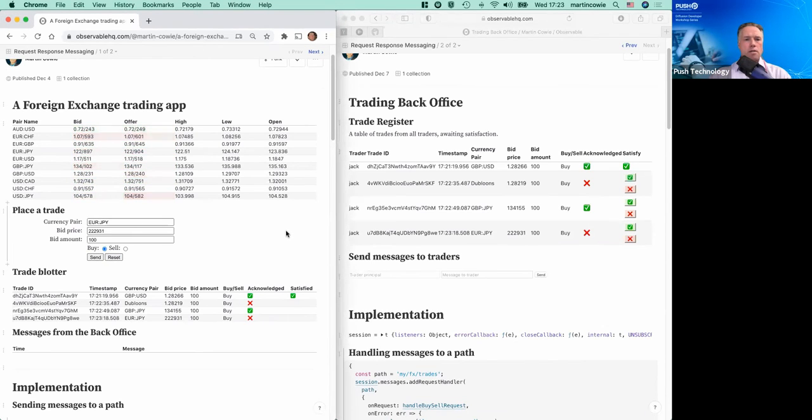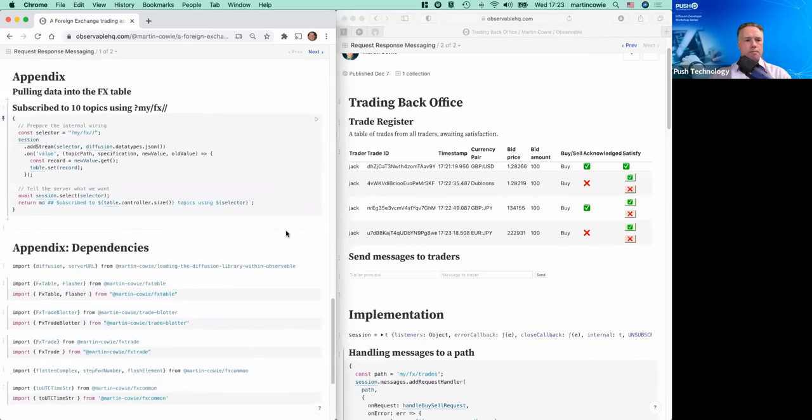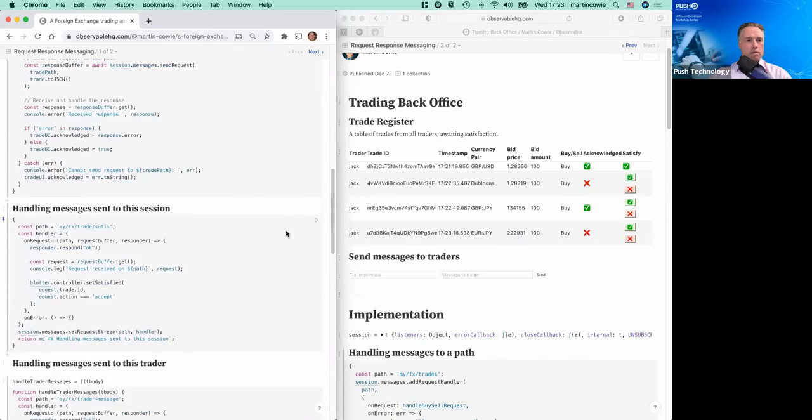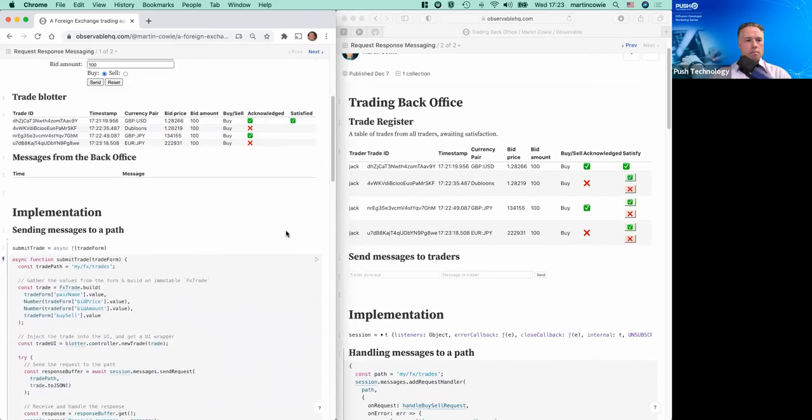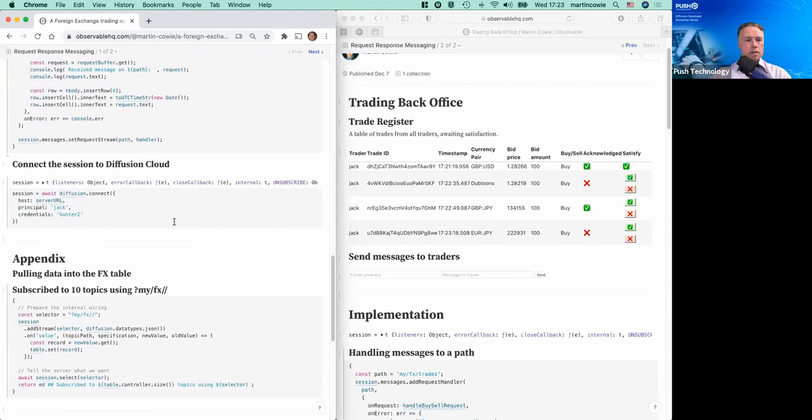Next thing I'm going to do is log in as a different user. Let me find my code for that, where we establish our session. Here we go. So this is live code. We can actually change this and alter it. We're logging in as user Jack here, and user Jack specifically has a role of trader. If, however, I log in anonymously,